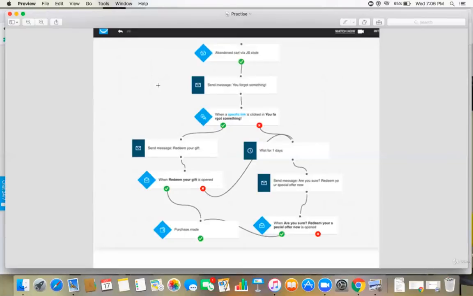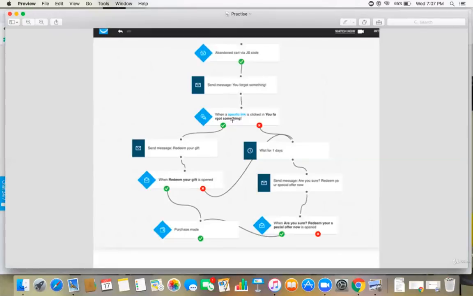So with this workflow, we can define actions based on this, and we can trigger as soon as they abandon the cart. Then we can send them a new message. This is done automatically. All we have to do is create a message, obviously the content of the message. And then what we are saying in the workflow is that whenever anyone abandons the cart, one message should be sent automatically. Once you send the message, there is a specific link inside the message in your email,